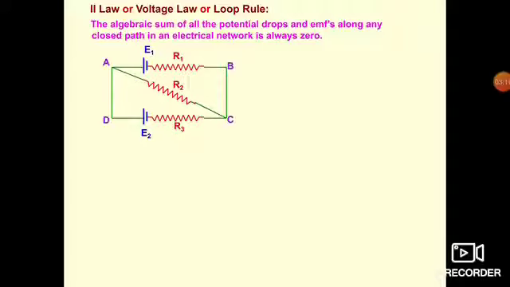How can it be? In front of you there is one ABCD network in which two cells are used, E1 and E2. R1, R2 and R3 are connected with them as shown in the figure. Suppose from E1 the current I1 is flowing out and from E2 the current I2 is flowing out. Now when these two currents I1 and I2 meet at point A, definitely they will be added up. That's why in R2, the current I1 plus I2 will flow.